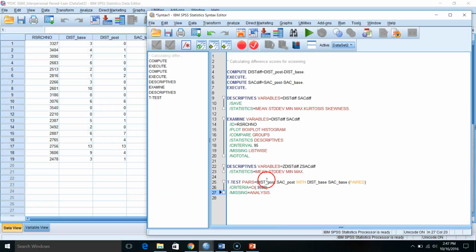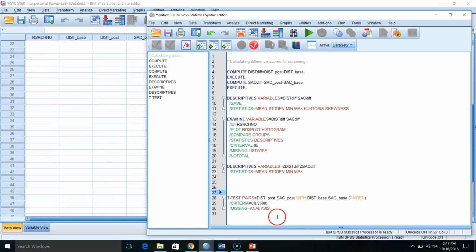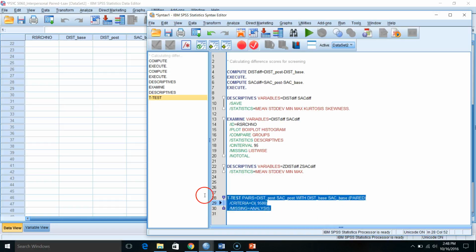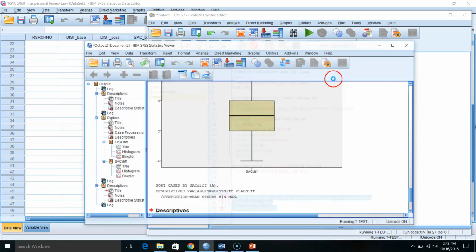Go through and take a look. Here is your syntax command for your paired sample. So we've got post, baseline, and this is just how SPSS is mapping this on. So first one here will be paired with first one there, first one here, first one there. Got that all set up. So we're going to take this, highlight it, run it,